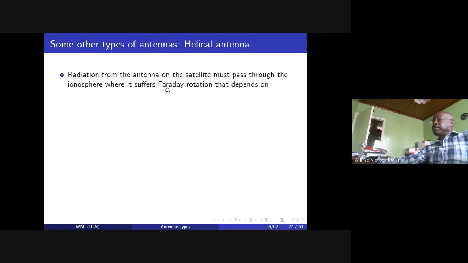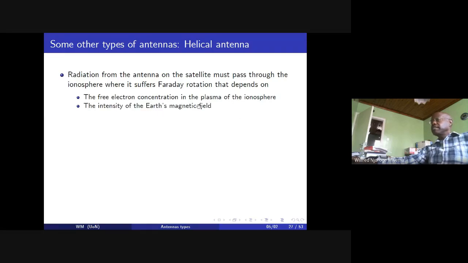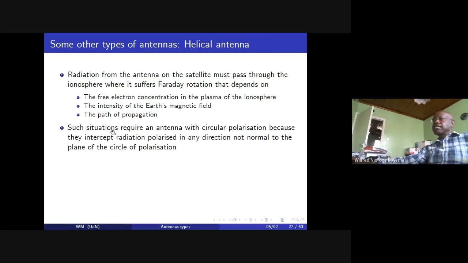So the radiation from the antenna on the satellite must pass through the ionosphere, where it will suffer Faraday rotation that depends on the free electron concentration in the plasma of the ionosphere and the intensity of the Earth's magnetic field. And the path of propagation matters: how is it passing through the ionosphere? If it spends more time in the ionosphere, the rotation is much larger than when the radiation is normal to the ionosphere itself. Such situations require an antenna with circular polarization